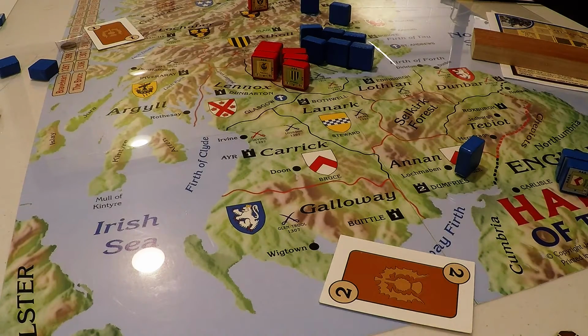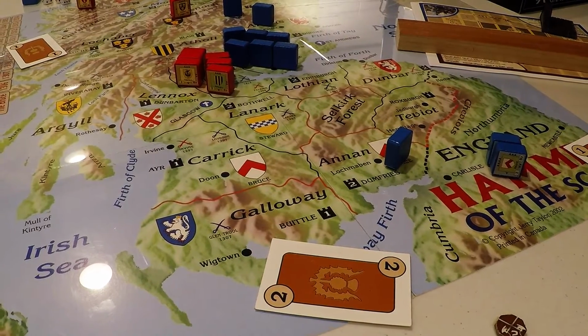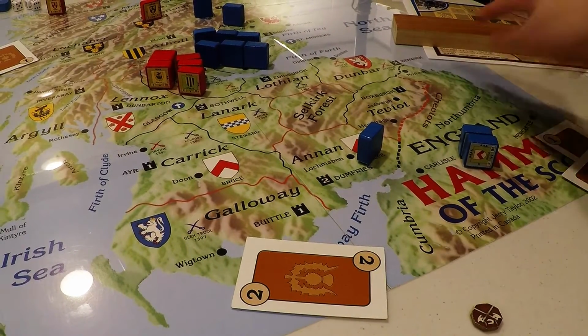That's interesting. I think those are our 2 options, really. We could either take Athol or we could take Dunbar. Now, Dunbar is much more...